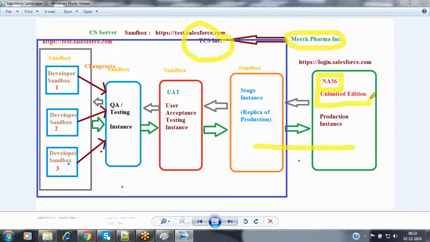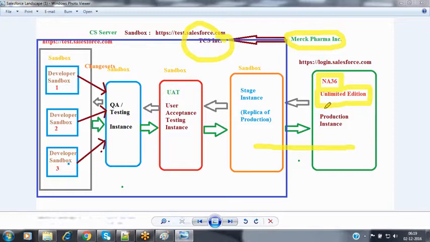In this Unlimited Edition of Salesforce, we can build an unlimited number of applications, and we can add an unlimited number of users also, by adding licenses for every user. So inside this North America region, that is the 6th server, they are going to allocate some amount of memory. Now, do we need to develop this application by logging into the production here? Whatever the North America region we have, this is nothing but the production instance. Okay, this is nothing but the production instance.